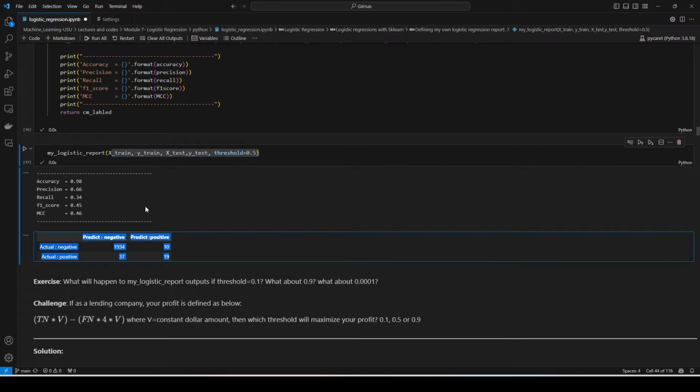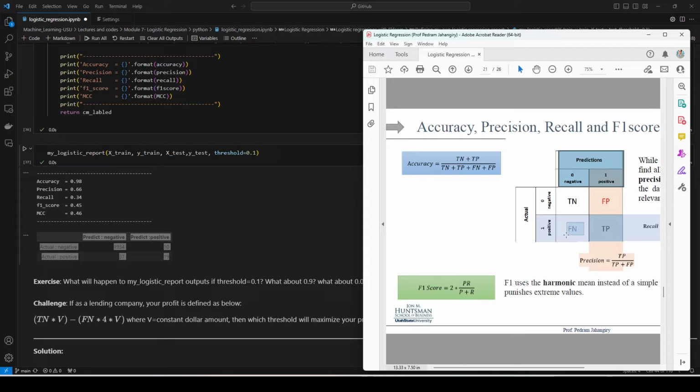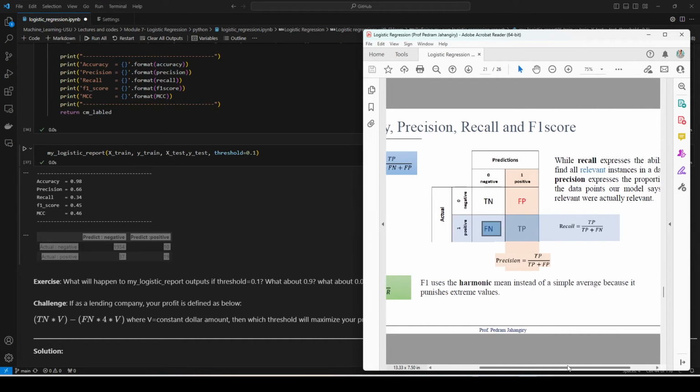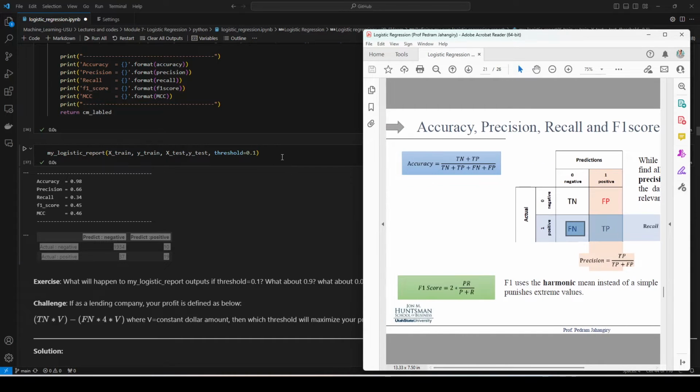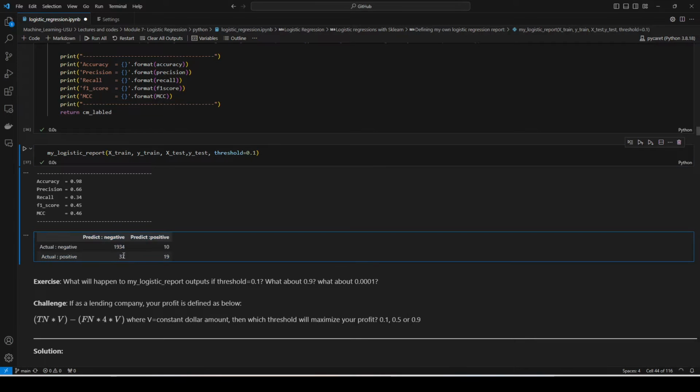So now we can play around with this, right? If I change, for example, the threshold to 0.1, what do you expect to see? I want you to pause the video and think about it. First of all, why would you want to reduce the threshold? Because you want to reduce the number of false negatives, right? If you reduce the false negatives, what will happen to the recall? The recall is going to get larger, right? Because remember, that thing shows up in the denominator, and then the whole thing is going to increase. So I expect this number to decrease, this number to increase, and then